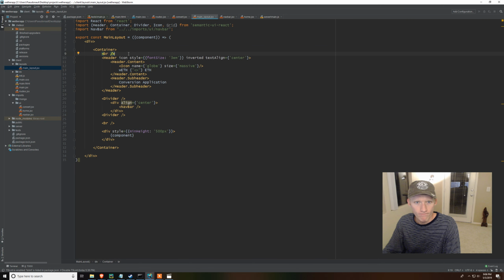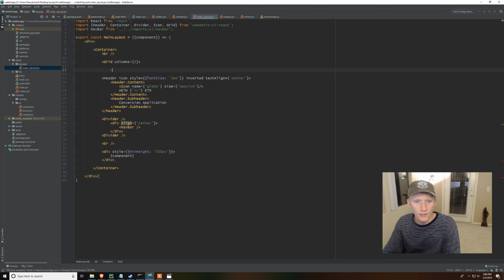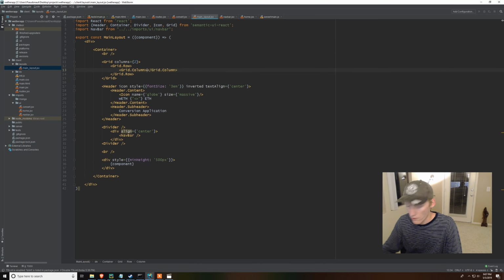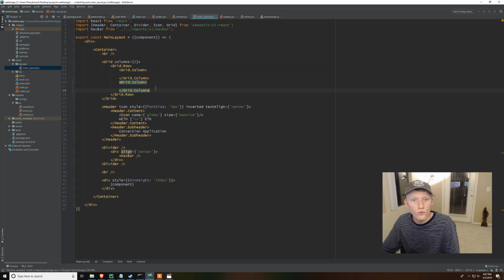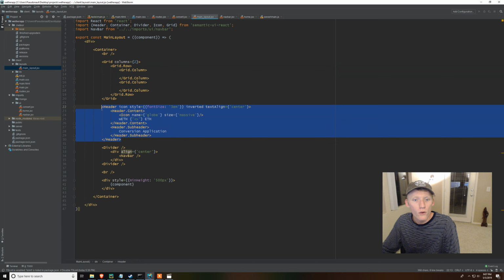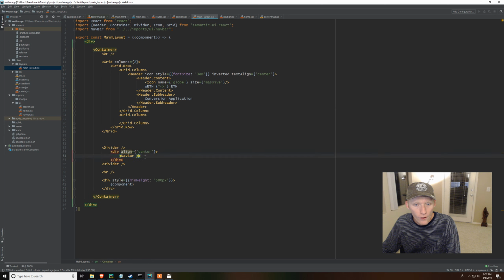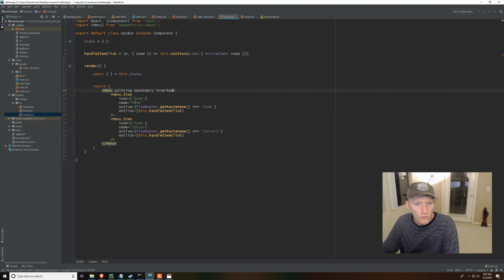So a grid within our container can have 2 columns of equal width. You start out with a row, and then you have 2 columns, each with 50% of the real estate given to it. We will go ahead and throw our wETH conversion application over there. We will throw our nav bar on the right